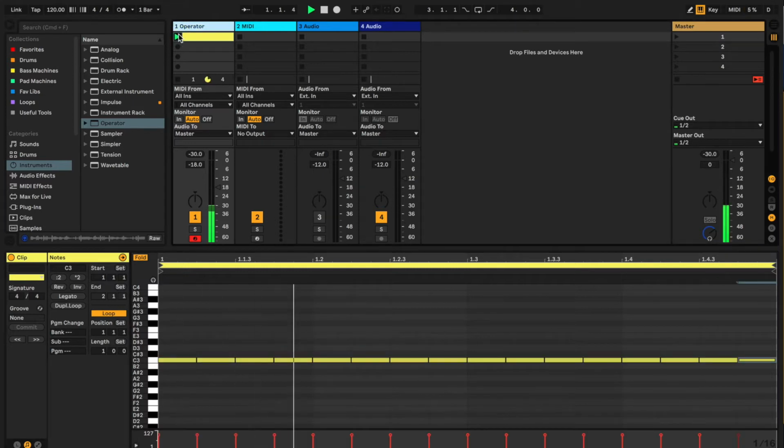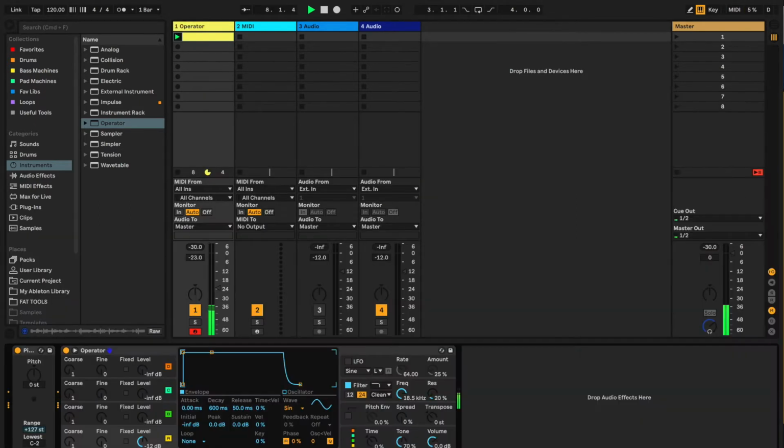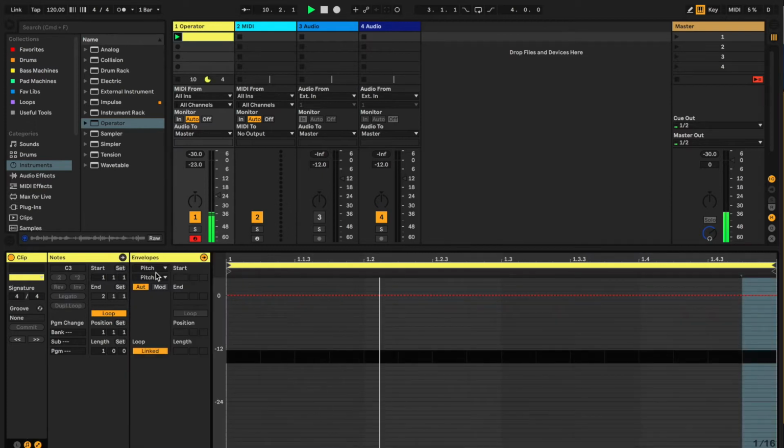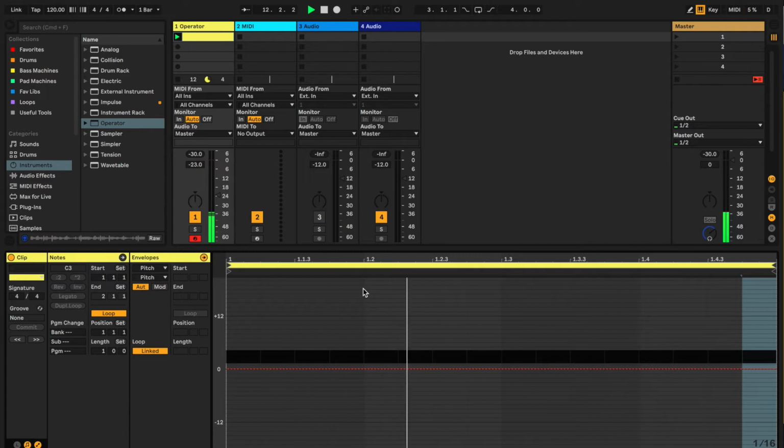Press play, this is what we hear. Just a row of 16th notes. What we're going to do is click inside the pitch control, go back here and then go into the envelope section. Just in case you haven't guessed what we're about to do, you press B to get the pen tool,